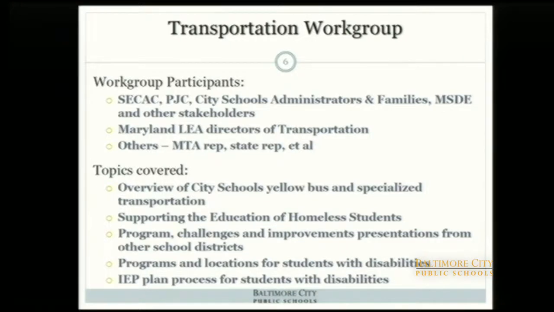And what did you learn from that? We learned that it is not just an issue here, but it is an issue nationwide. And some things that we learned as far as routing those students is that we have to get a little more creative, because a homeless student could be 20, 26, 27 miles from the school, or it could be 10 miles. But because of location, we can't